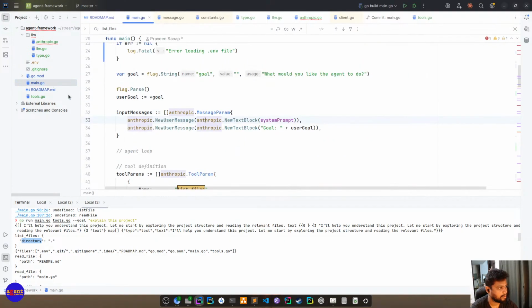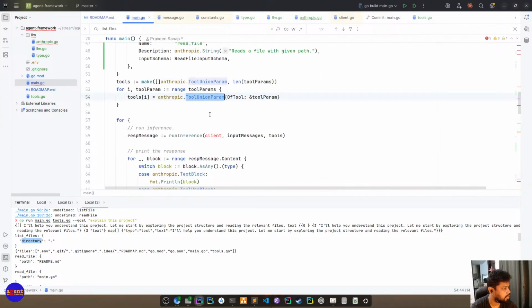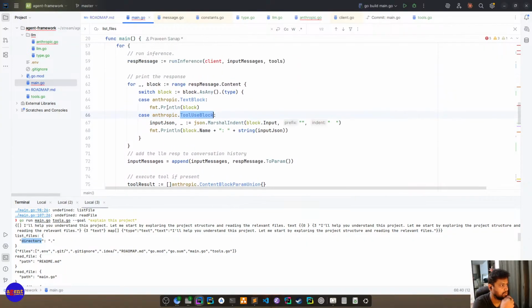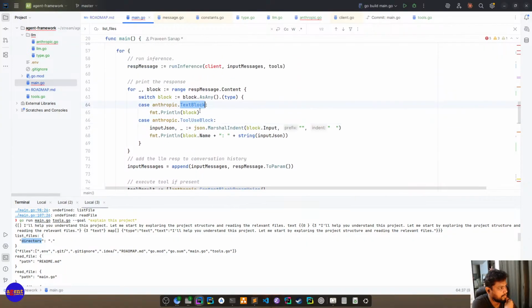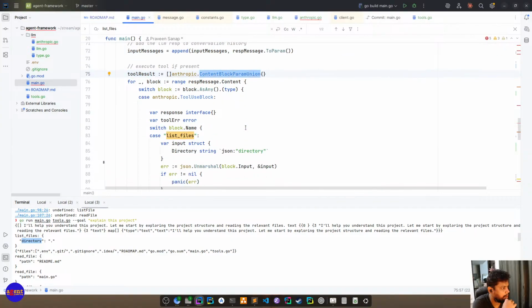Okay, quickly, this is fine. This tool definition, content block parameter.